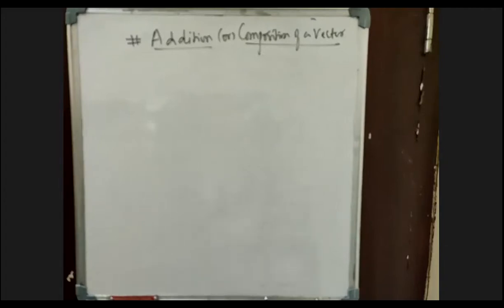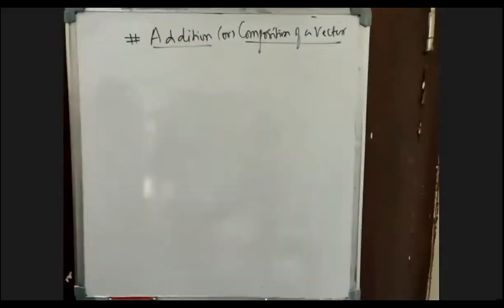I told you in the starting that if we are saying any physical quantity is a vector, it should obey the laws. What are the laws I told you? One is the triangle law, another is the parallelogram law, and another is known as the polygon law of vector addition. Along with magnitude and direction, if a quantity also obeys the vector properties of addition, that is the triangle law, parallelogram law or polygon law, then we say it is a vector quantity. That is what we are trying to discuss right now in detail: the addition or composition of vectors.